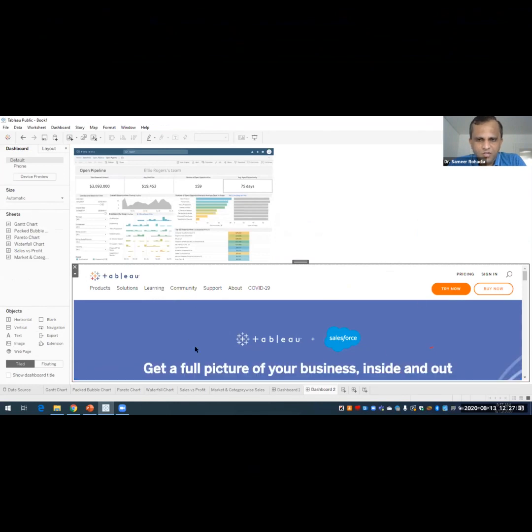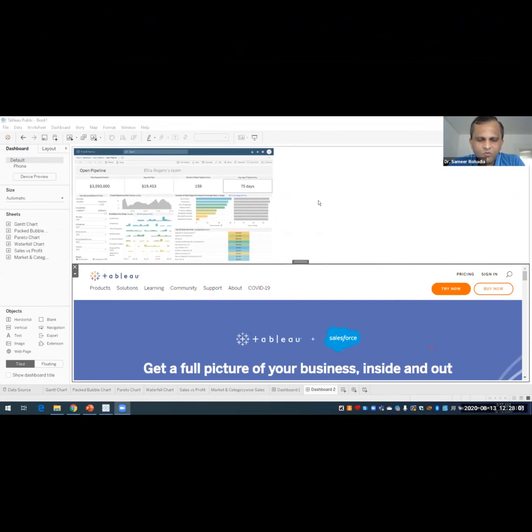So here below you can see that I'm having the Tableau website over here. Now as soon as I place this web page, you can see that in the top area the size of this image has decreased, and here on the right hand side there is a blank area. There is a lot of blank space.